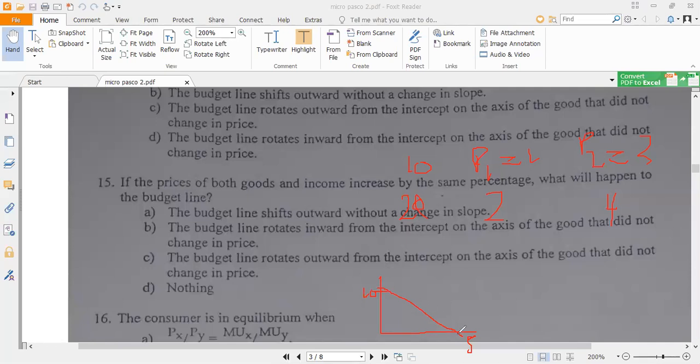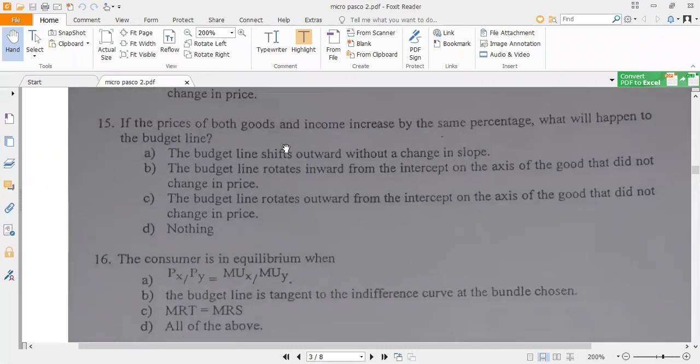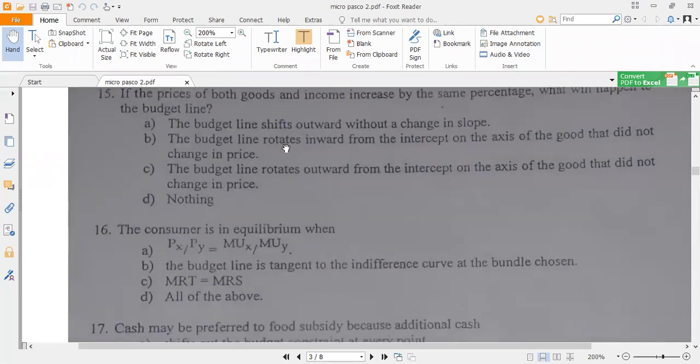Okay, so if they are all moving in the same direction and by the same proportion, there will be no change in the budget line. What will happen to the budget line? Nothing. Nothing will happen to the budget line. That is 15. I hope we understand. All right, now